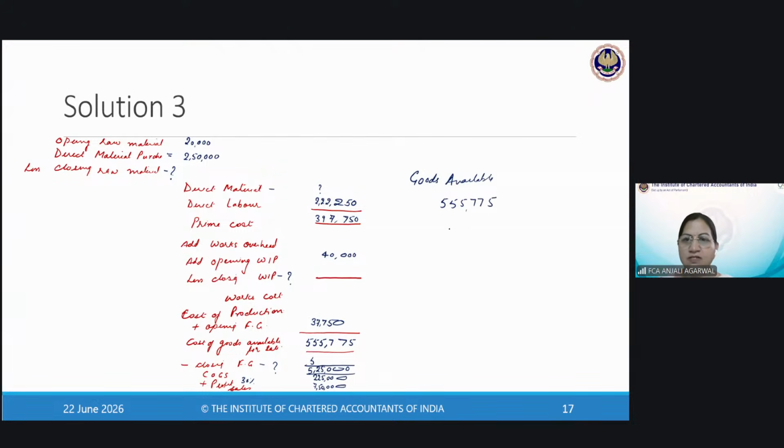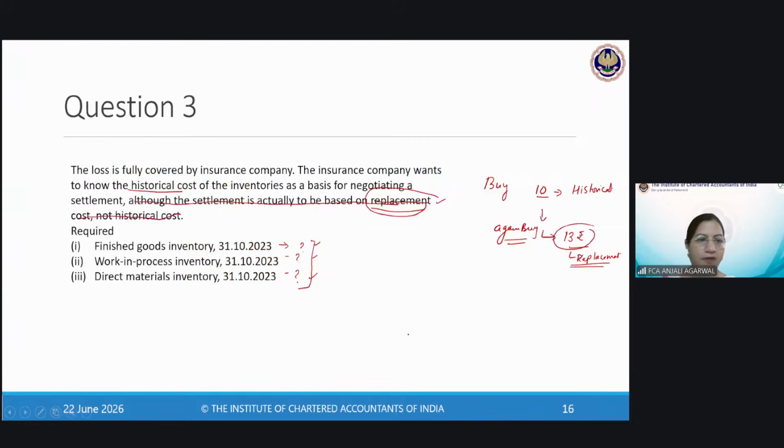And how much you actually sold? 5,25,000. So what happened to the rest? They become your closing stock of finished goods, 30,775. Finished goods inventory is 30,775. Okay,